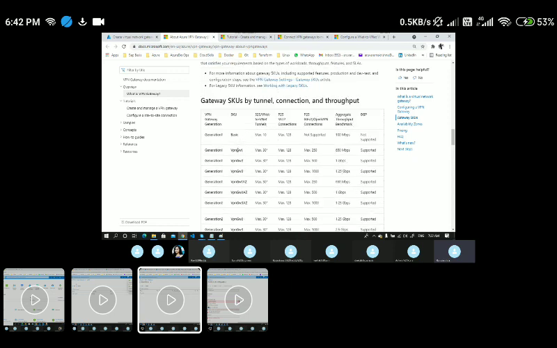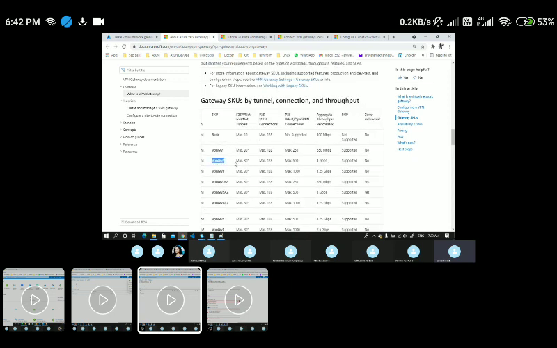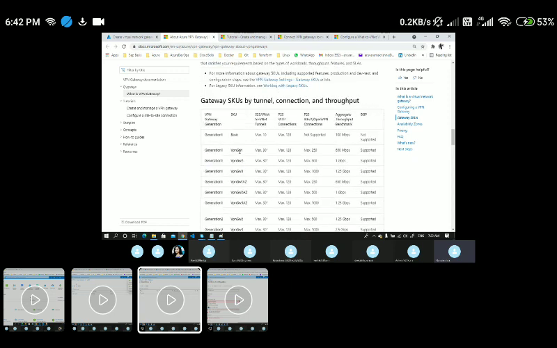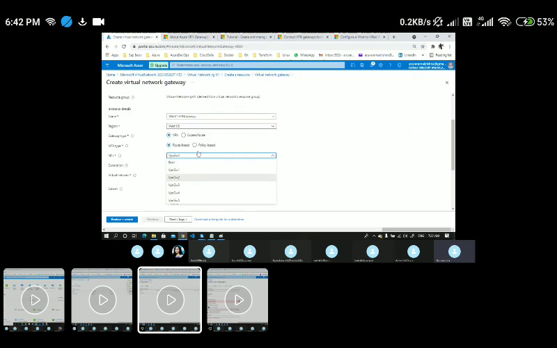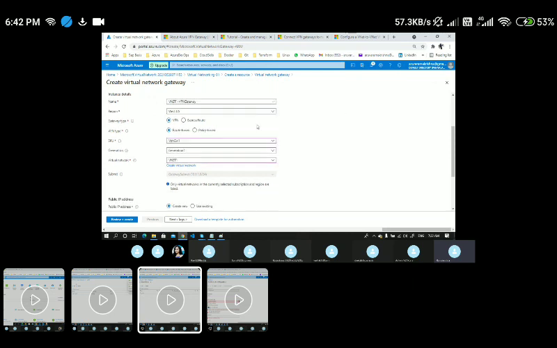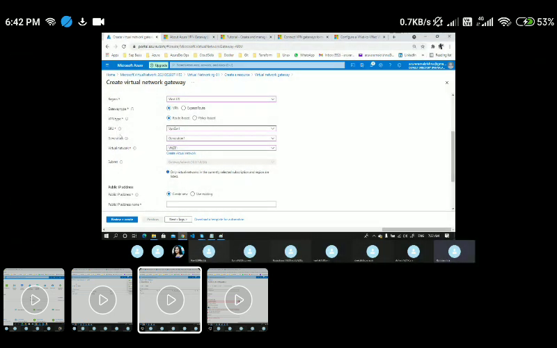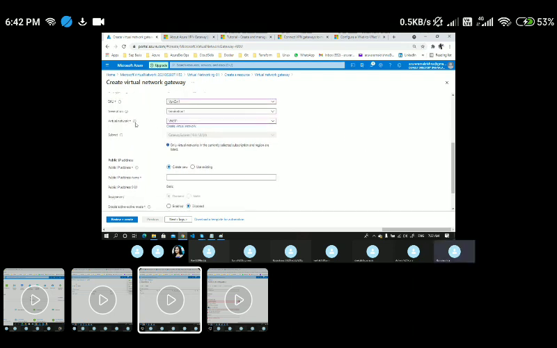For now I'm going with the defaults here. Since ours is a free tier account, I'll go with a minimal one, just to avoid certain pricing. Let's come back here. I'll go with Generation 1, and I'll go with the default VPN Gateway 1. These are the two mostly related to pricing. And I have chosen my virtual network, and I have chosen my subnet.